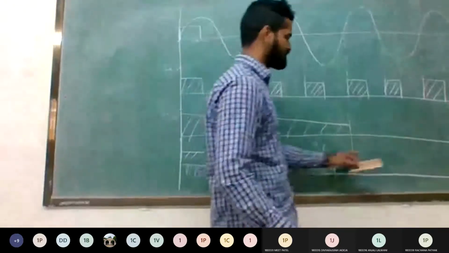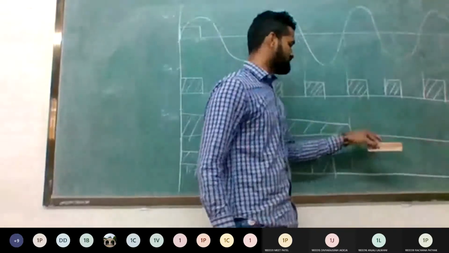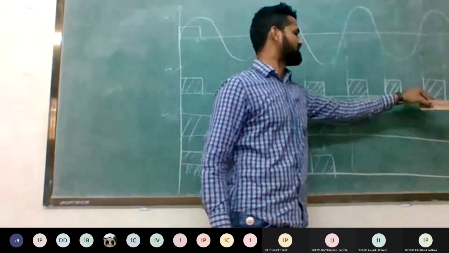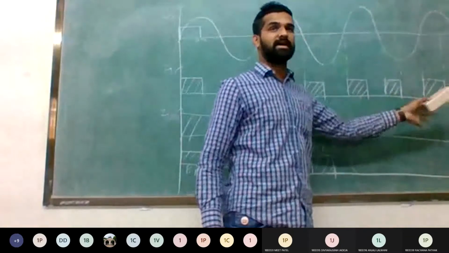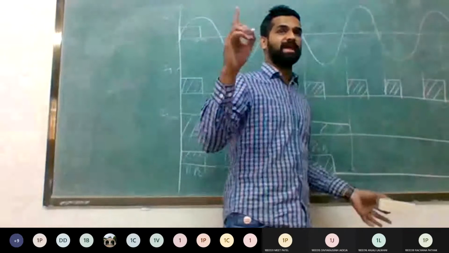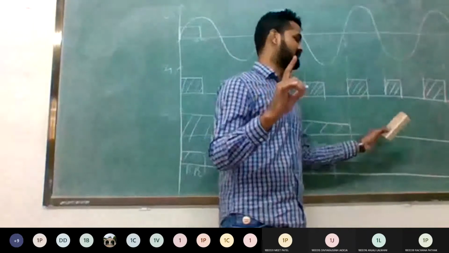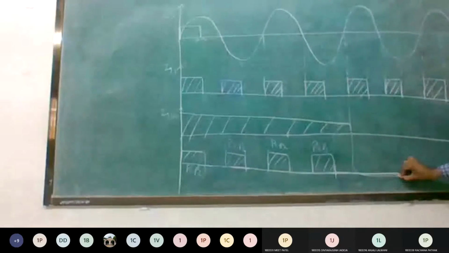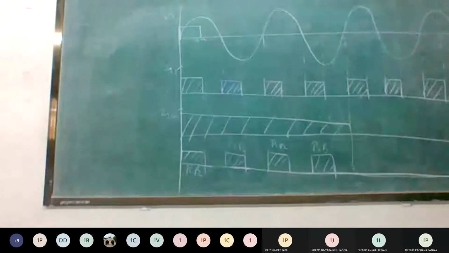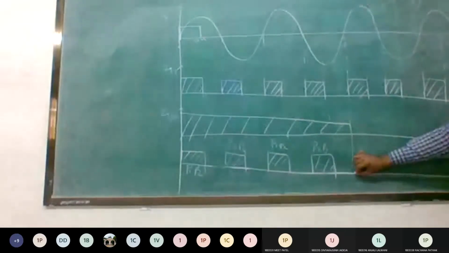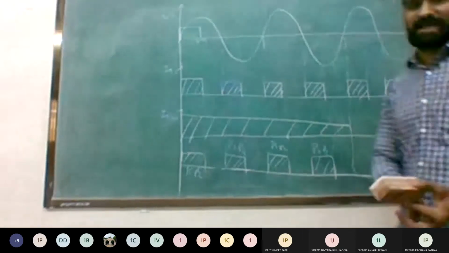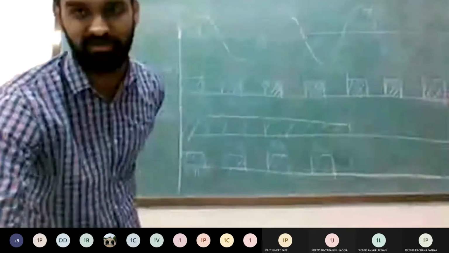Now we can see that for the rest of the 2 cycles, IG2, the pulse generator 2 output, is 0. But the pulse generator 1 output is continuous. But as you know, what is the logic? Whenever any one input is 0, what will happen? The output is 0. So it means that at the output of the multiplier operator, after 2 cycles you get the 0 like this. So that same logic we use here in the simulation.